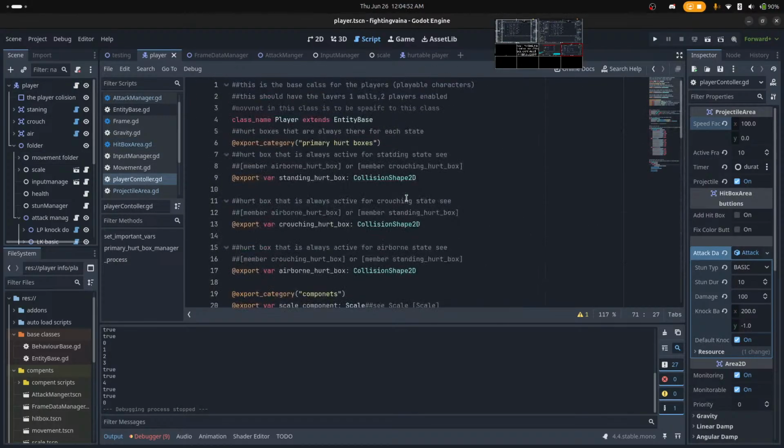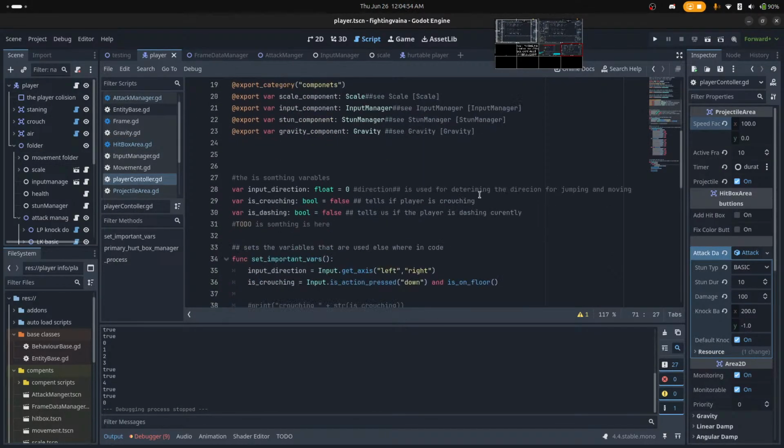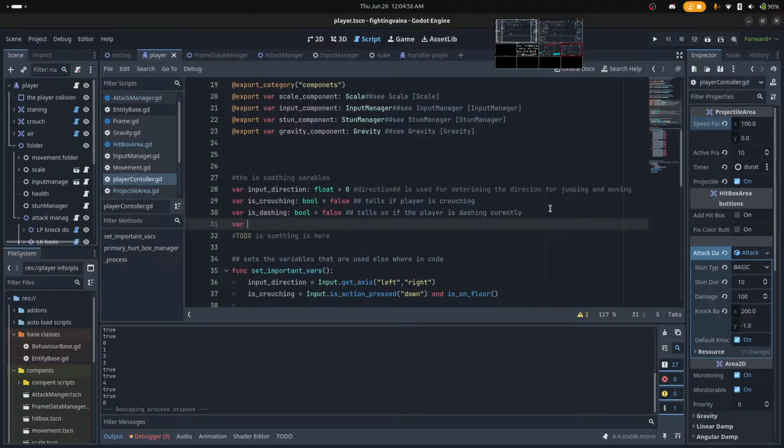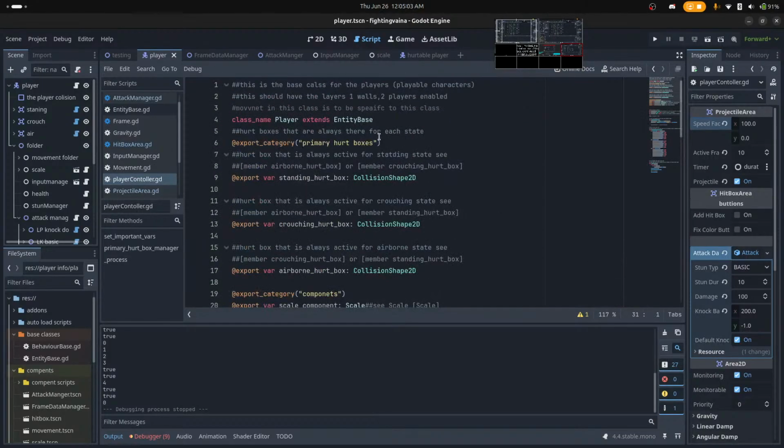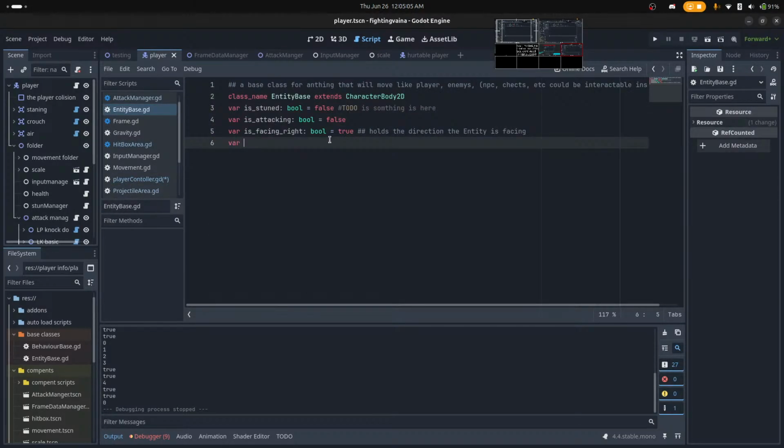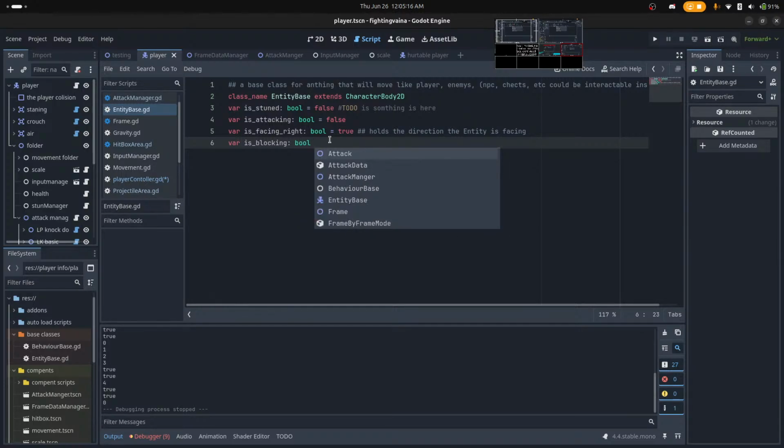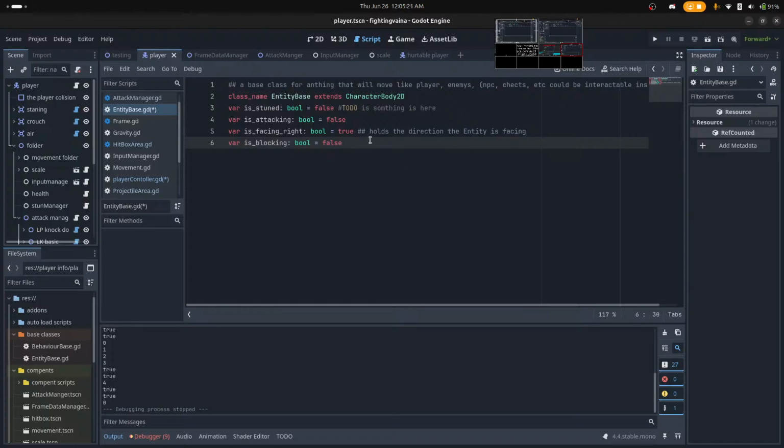The first thing, though, is I want a variable for is blocking in entity base, not this one. Is blocking, this by default.